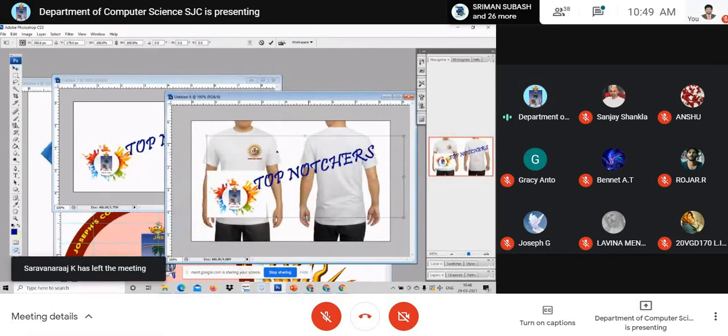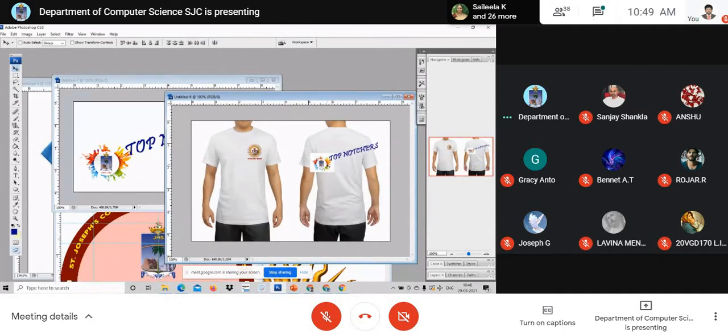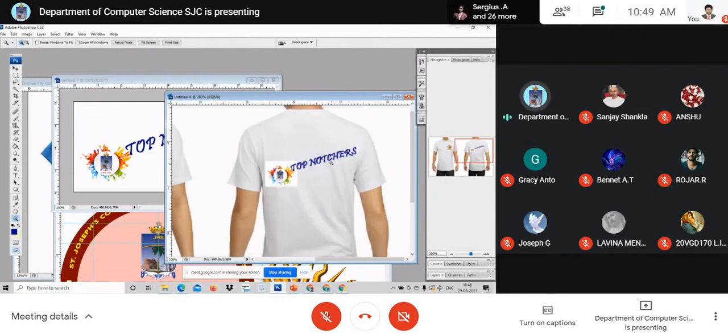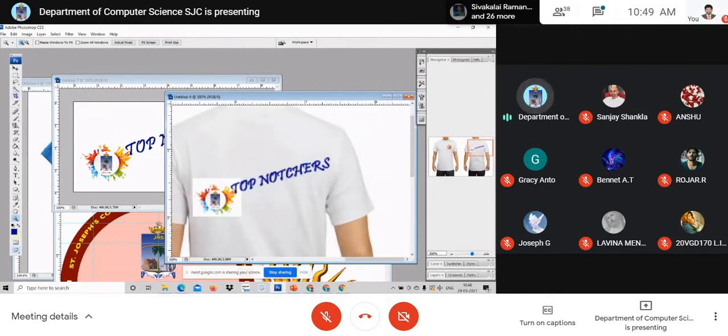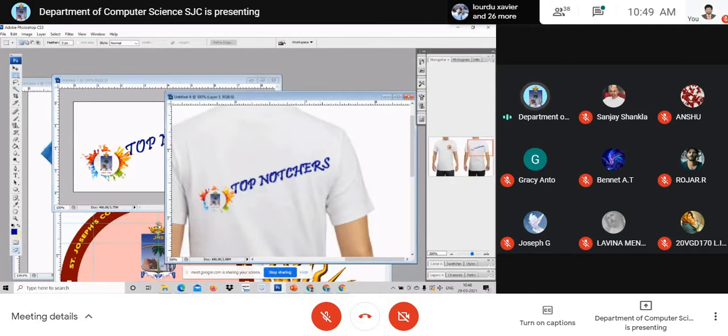See, I just reduce it. Don't worry, you need not put it here. As I told you, you need not put it here. Now what do I do? The white color portion is here. I have to remove that. Select it. Remove that white portion. Then it's okay.